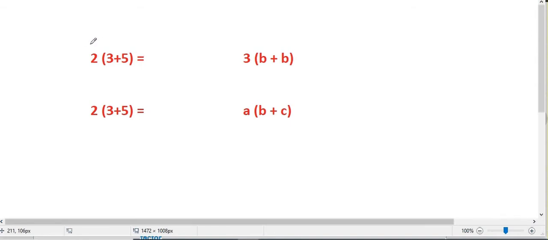So 2 times 3 plus 5, according to the order of operations, you would start by adding these, right? And 3 plus 5 is 8. So 2 times 8 is 16. Fair? Okay. Now,